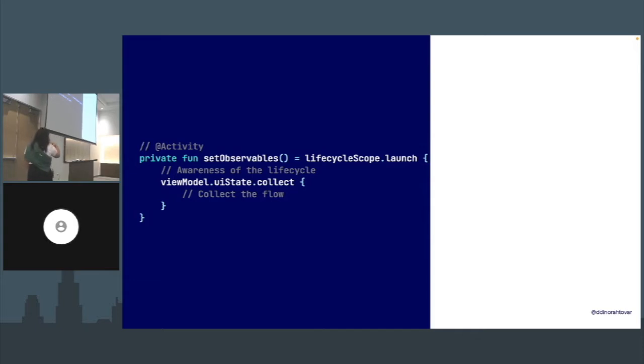They were creating an observable. They were creating a scope based on the lifecycle scope. They were launching, and then they were collecting inside that flow. And that was really cool. But